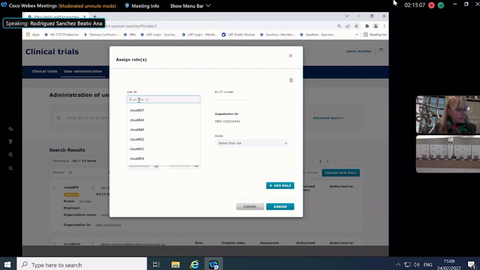So in this case, let me check, because I have my script and I want to ensure I follow it correctly and don't miss anything. Okay, so I'm going to select another user, and now it is C2AT.